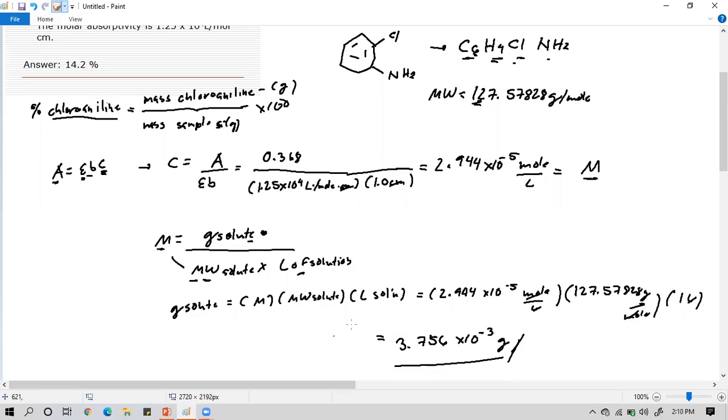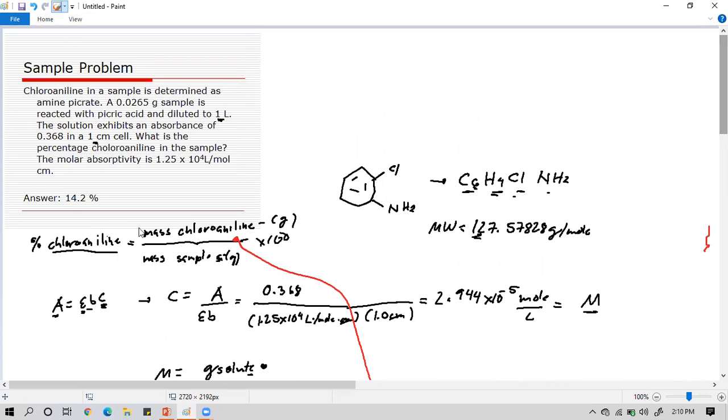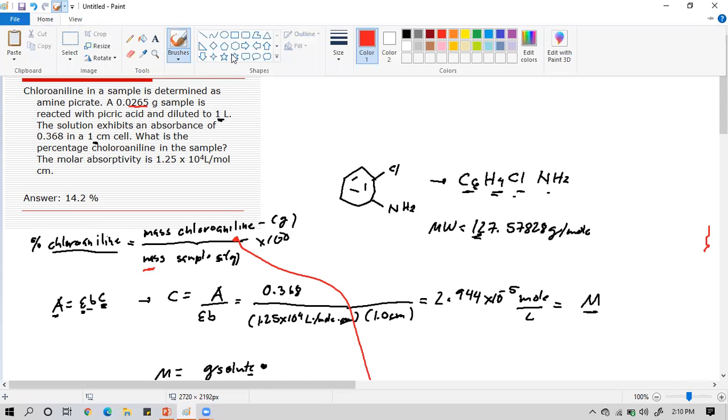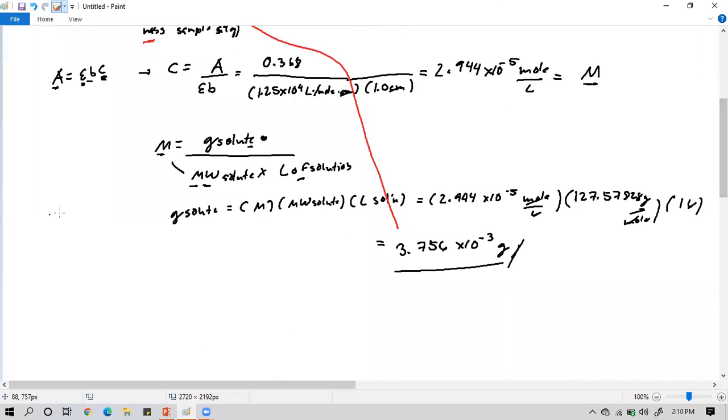Dito nga na ngayon siya papasok. Ayan. Dito na sa may chloroaniline na ito. Okay, sir, ano po ba yung mass ng sample natin? Okay, sinabi naman dito, guys, that the mass of our sample is 0.0265. Okay, without further ado, kanina na natin, the percent of chloroaniline